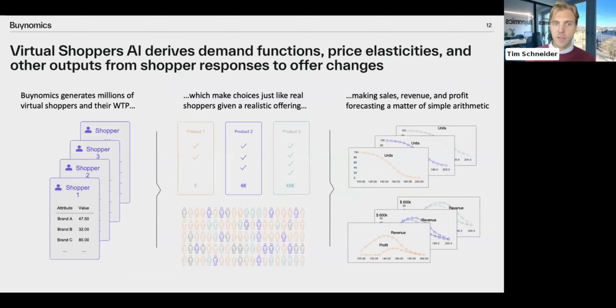And with all of that knowledge, once we have created all these virtual shoppers here on the left side, we can give them these different offers, as you saw on the slide earlier. So we can test different types of changes, and by that ultimately optimize market share, revenue, and profit on the right side, and have really deep insight into what our market or our shopper base will do if we change, for example, the pricing. I think that's the core: this consumer or shopper behavior understanding is what is needed for RGM teams to actually make the right